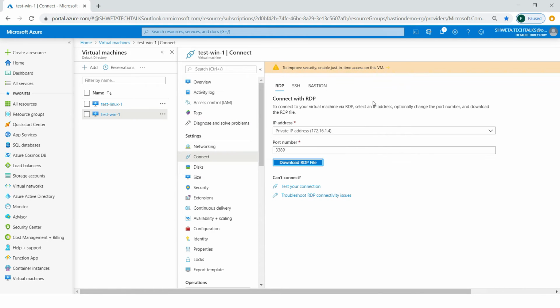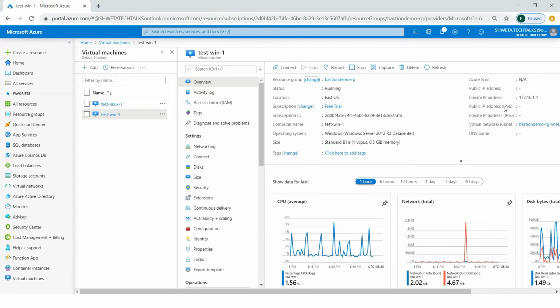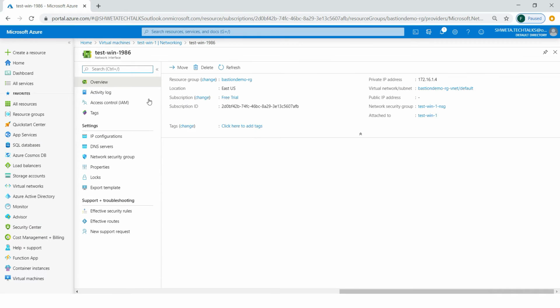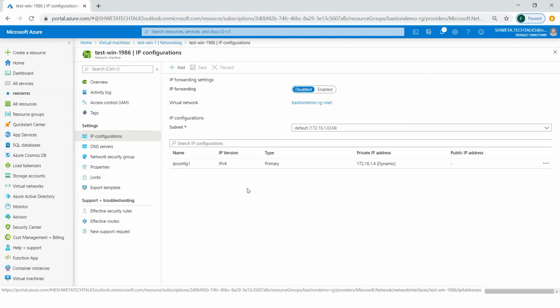So in order to connect to the virtual machine over public internet, I will have to first associate a public IP to it. So step number one is go to the networking section in the virtual machine. You will see that this particular virtual machine is associated with a network interface card testwin 1986. Go to this particular networking options, network interface card, and if you see the IP configurations here, it is associated with one primary IP config,